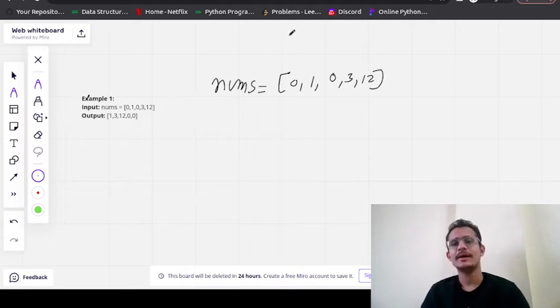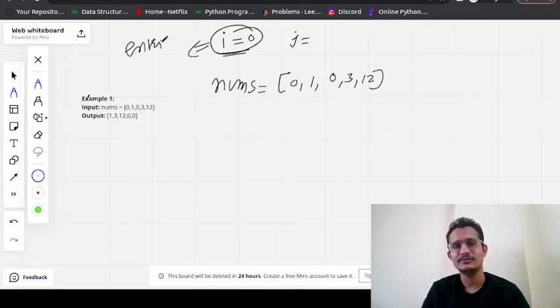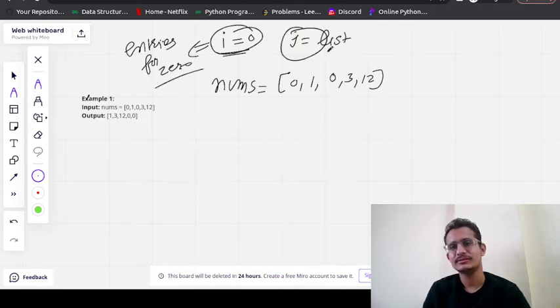The approach that I can use is, I will keep two pointers, i and j. i will be holding the position of a zero, initially it is at 0, and j will help us traverse the entire list.